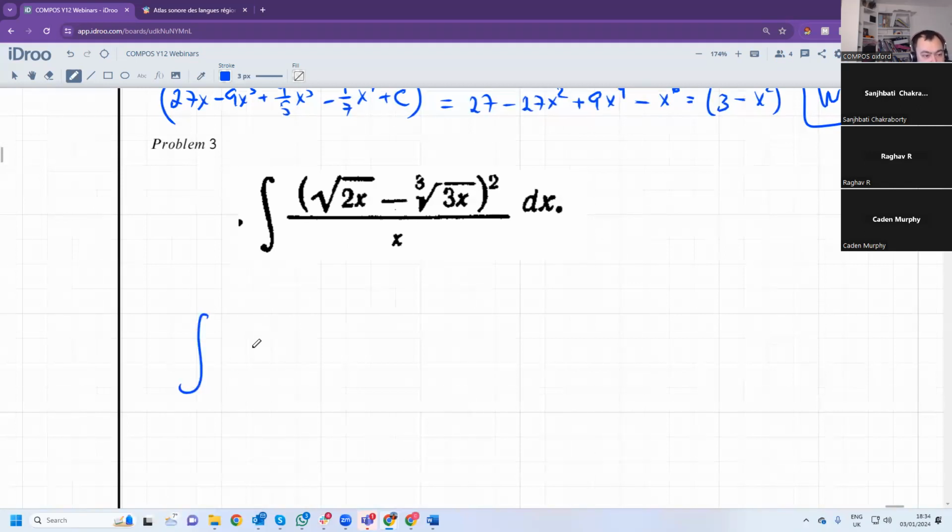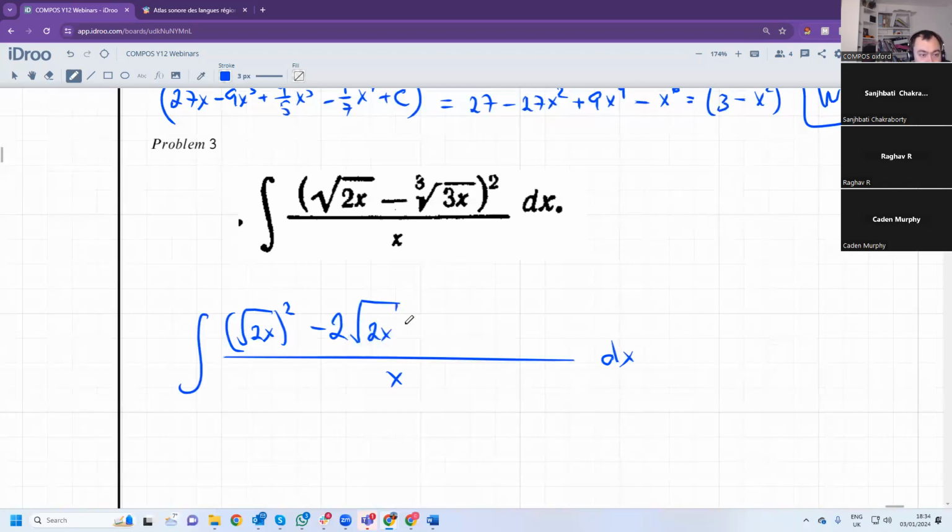So the integral of x, open the brackets: square root of 2x squared minus 2 times 2x multiplied by cube root of 3x. I'm using the formula a minus b squared is a squared minus 2ab plus b squared. As simple as that. And then plus